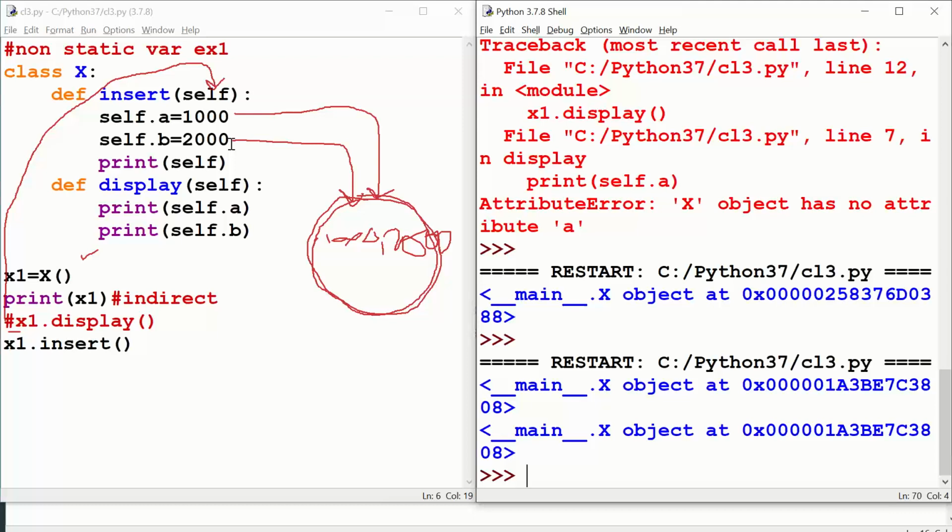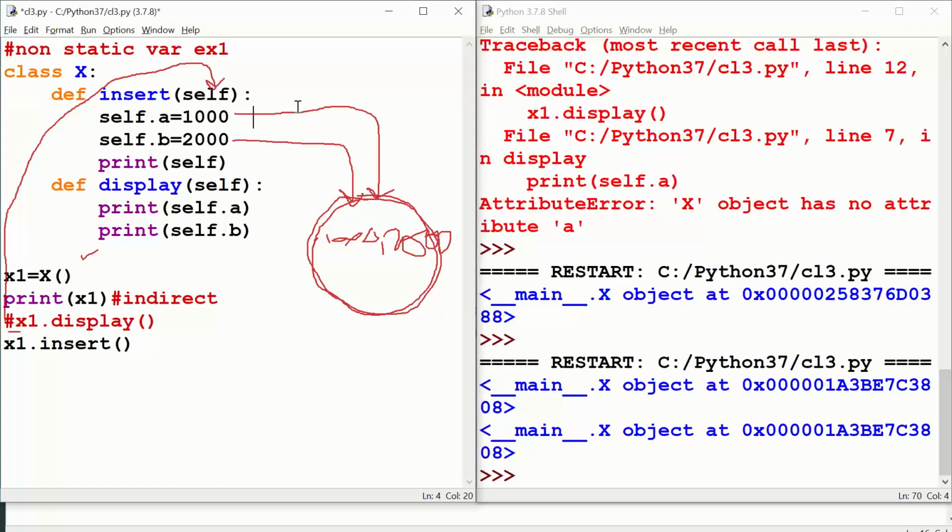Automatically the Uber cab chauffeur will get to know the address where he has to drop A and B, those two kids. Those two kids will come and sit in the car, and the Uber car will drop them at the location where dad wants to drop his kids. Am I right? Likewise, in this case, X1 is your dad, self is the Uber car.